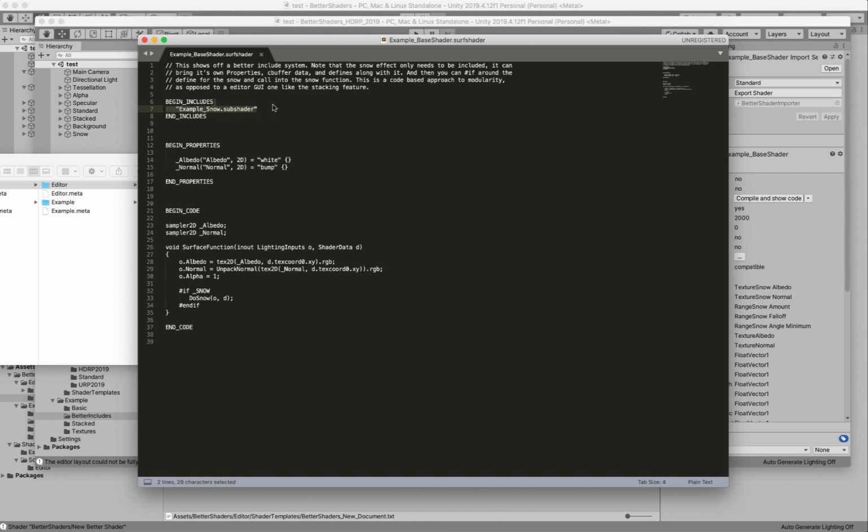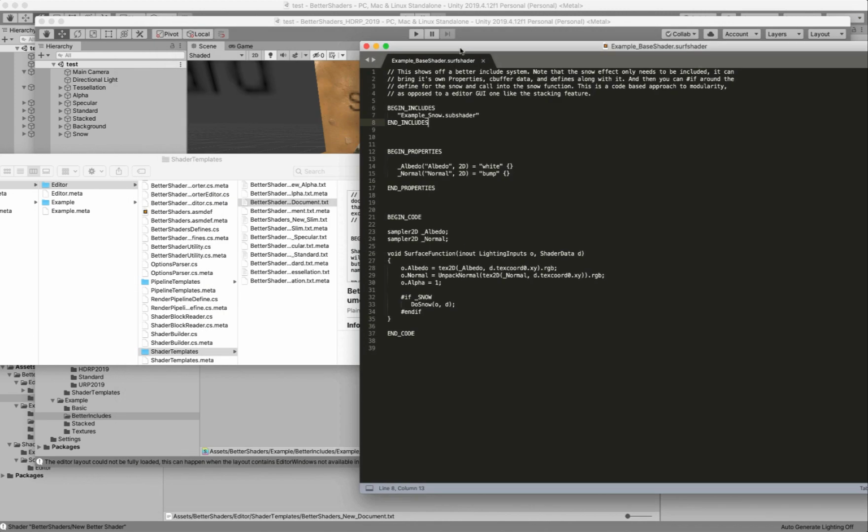And a subshader, that's just a name I chose for it, but it's a shader which the system isn't going to try to compile as its own shader. It's like a traditional CG Ink file. And the difference though between this and a normal CG ink is if you just wanted to bring in a CG ink, you could put that in your begin defines block, right? You can put just whatever you want, suck in normal includes. This include is only for my system, and it works a little different in that